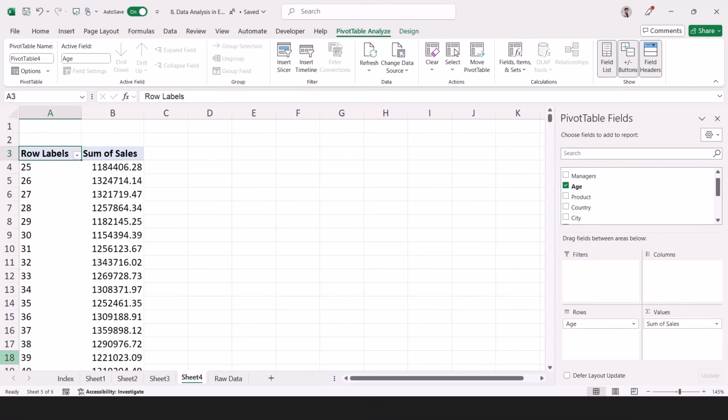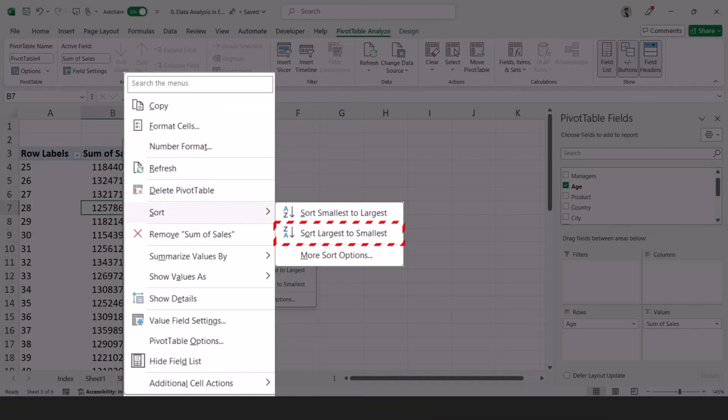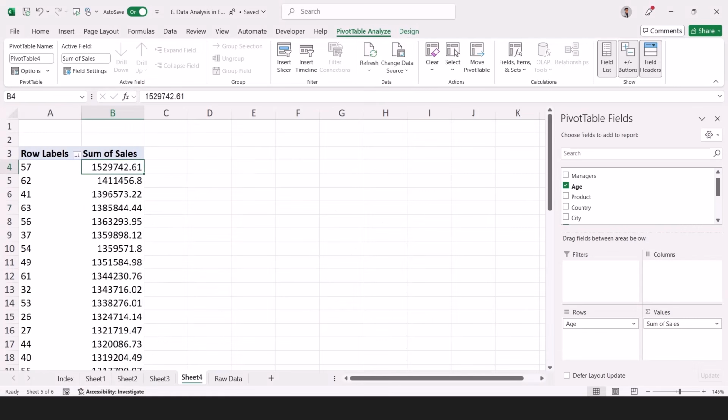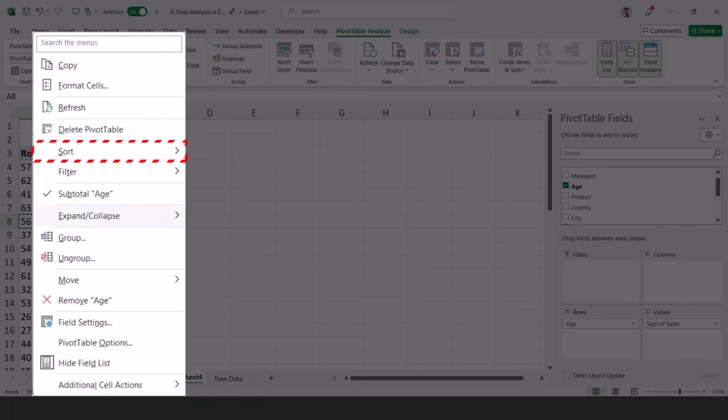Now I can right click, sort the numbers largest to smallest. So I can tell you at the age of 57, people have done higher sales. It can be 1%, 10 people, I don't know. Same way 62, 41, there's no consistency in the data. What I need to do is group the data properly. So let me right click and sort the data,